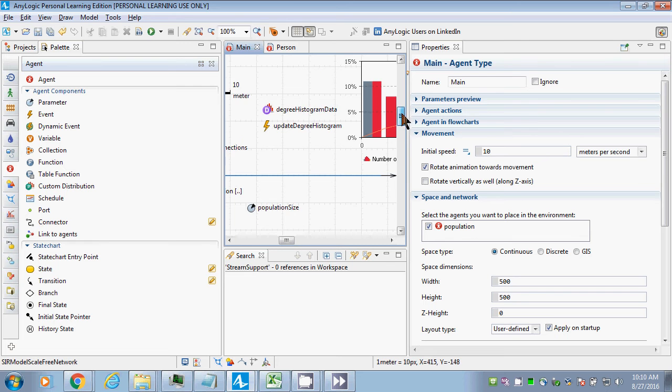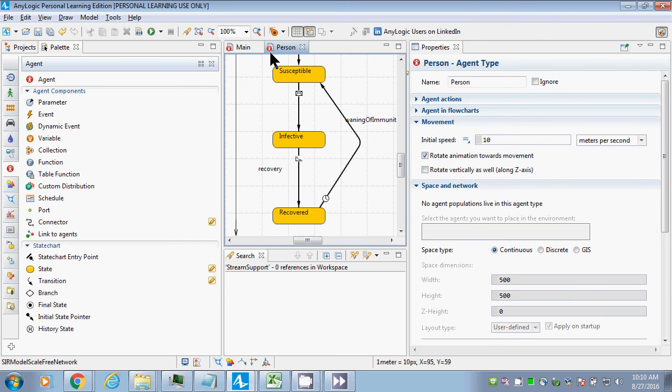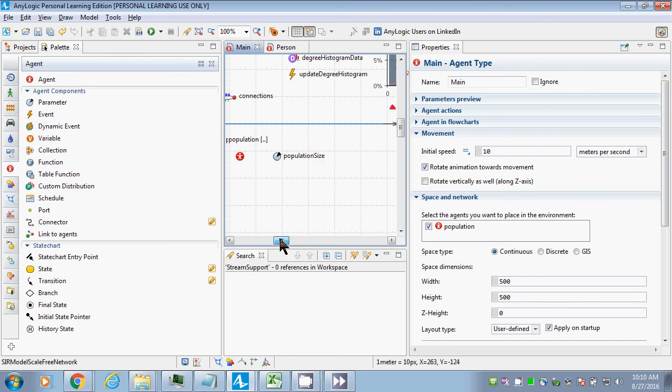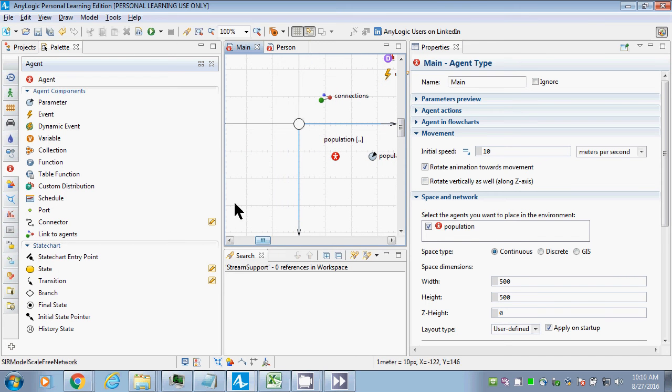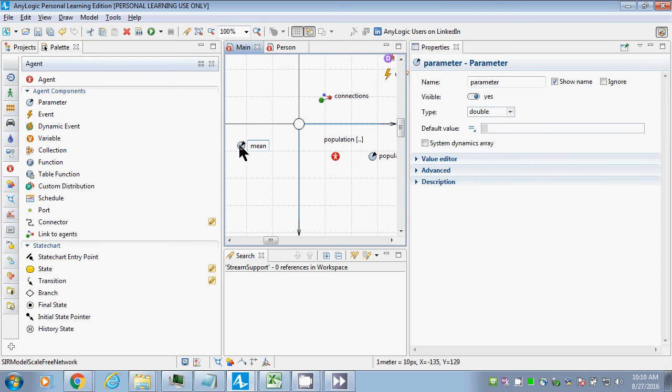It could have alternatively been called mean time to recovery, mean recovery time, and that's going to be, ladies and gentlemen, 10.0. And we're going to have another one, which is going to be mean duration of immunity, and that's going to be 50. And then we're going to have a contact rate, which is going to be contacts per day, and that will be